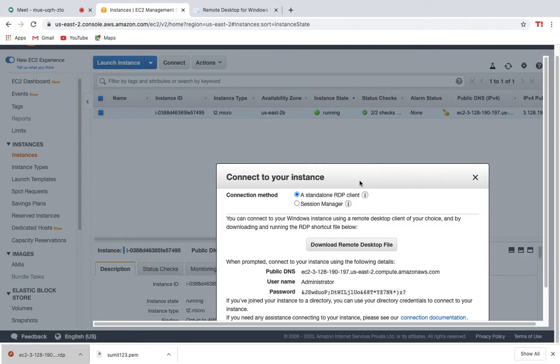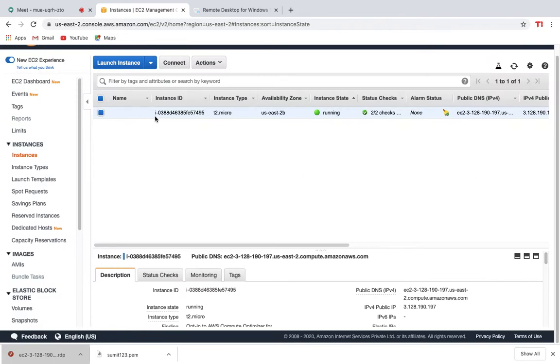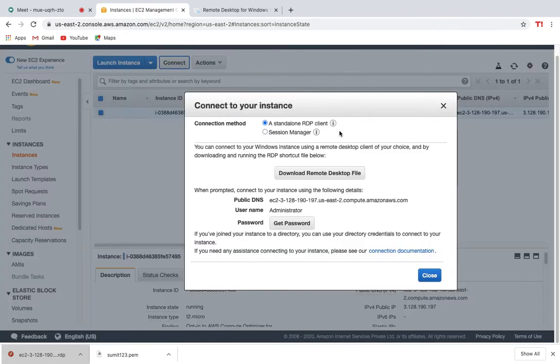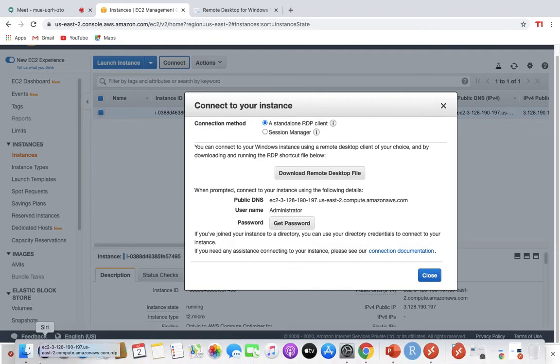So, see, initialization has been completed. You click on connect, and after connect it looks like this, and you connect to your instance. You come to this, and you download your remote desktop file. I have already downloaded it, so I am not downloading it again.